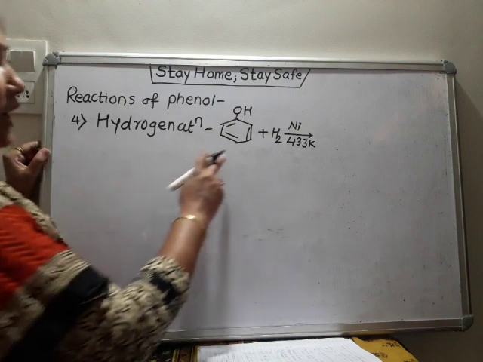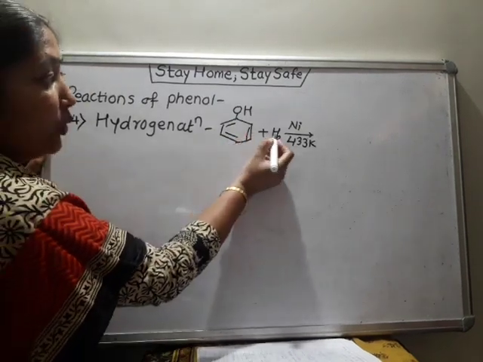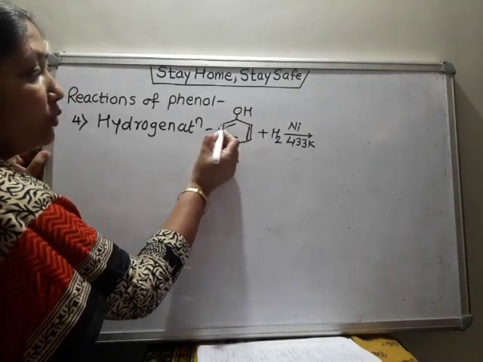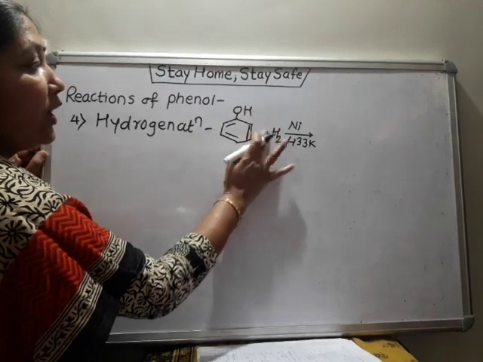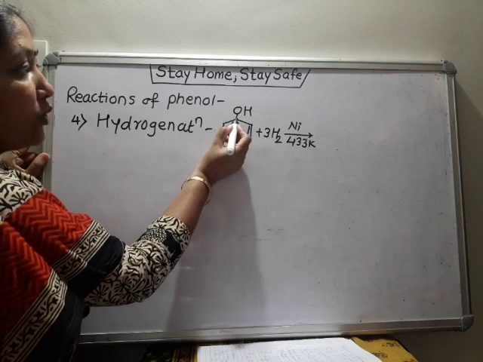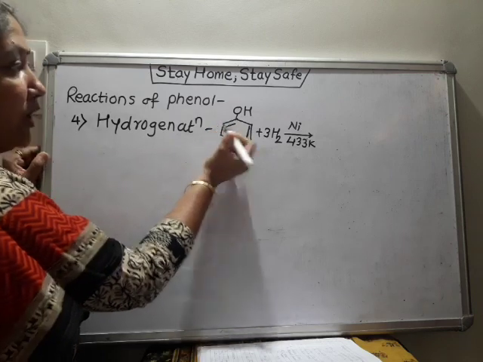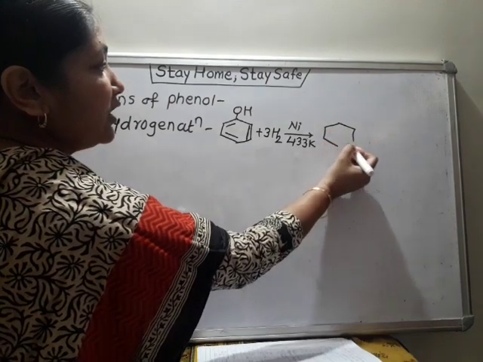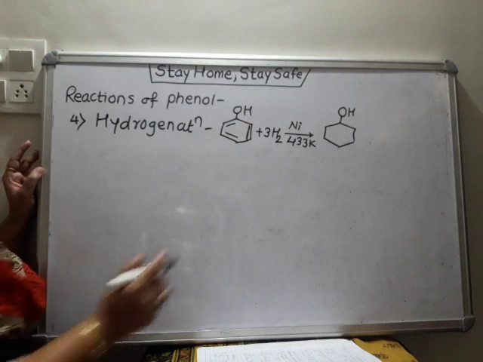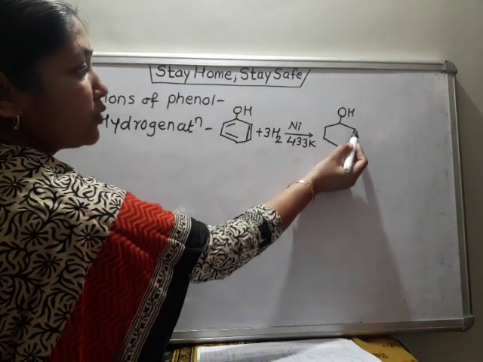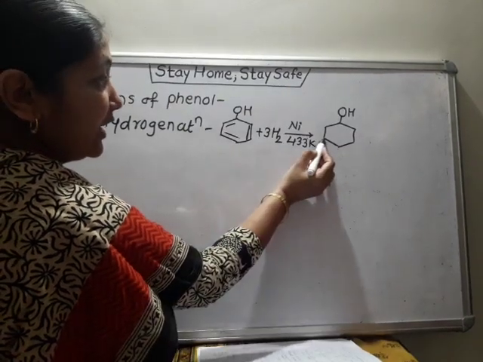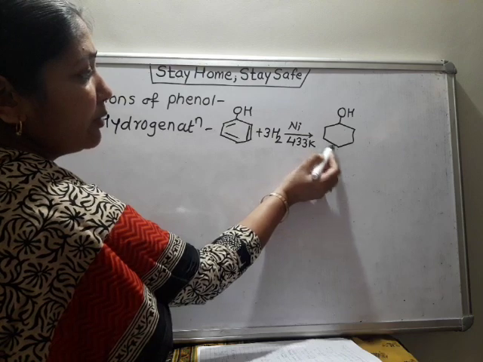And the product formed in the reaction is, see, hydrogen is added across carbon-carbon double bond. So 1, 2, 3, 3 double bonds are there. So we require 3 H2 molecules. So double bond breaks and hydrogen goes to each doubly bonded carbon. So we get the product as this, which is cyclohexanol. So this double bond breaks, one hydrogen goes to this carbon, one hydrogen goes to this carbon. Here there was a double bond, this breaks, additional hydrogen goes to each of this doubly bonded carbon.